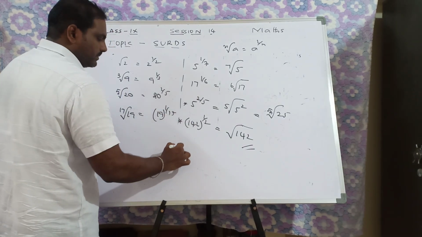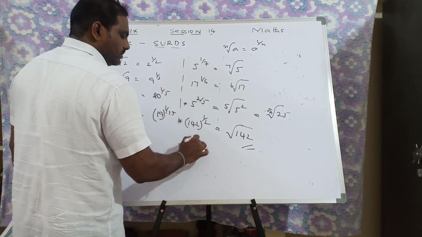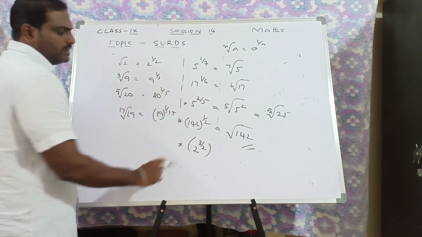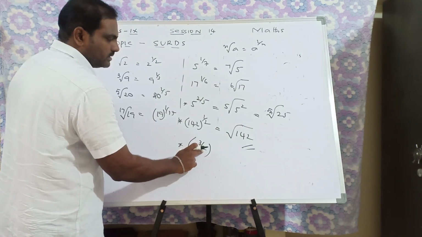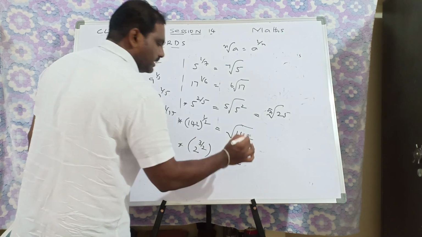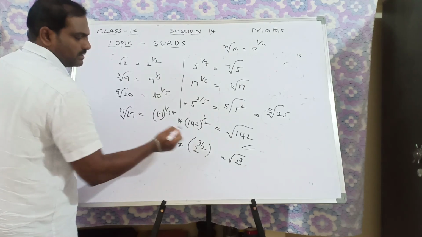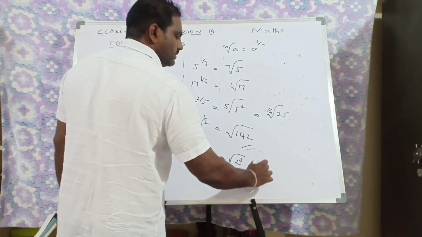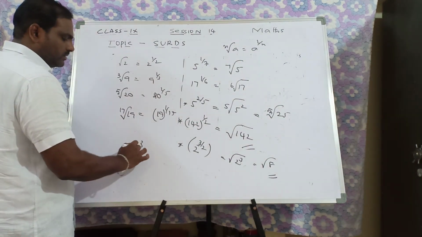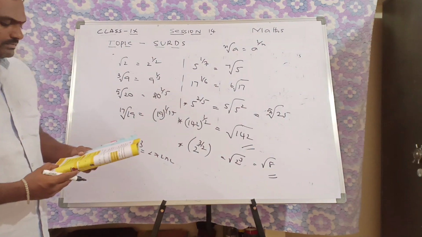Now I will give my own example. Suppose 2 power 3 by 2 is given. How will you write this? Already the first 2 is there. So whenever 2 is there, what should I write? Only square, 2 cube we have to write. Where is this 3 from? This number. So what is 2 cube? 2 cube is not 6. It is 8. 2 cube means 2 into 2 into 2. 2 2s are 4, 4 2s are 8.